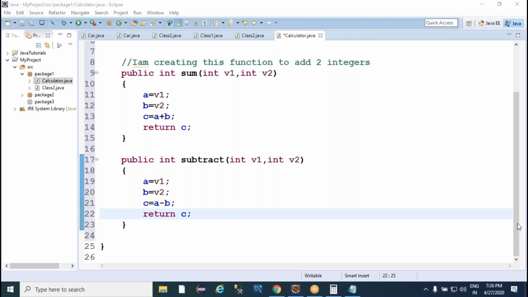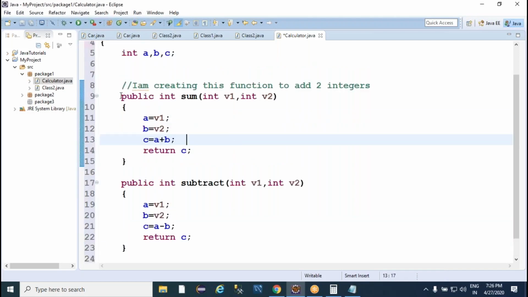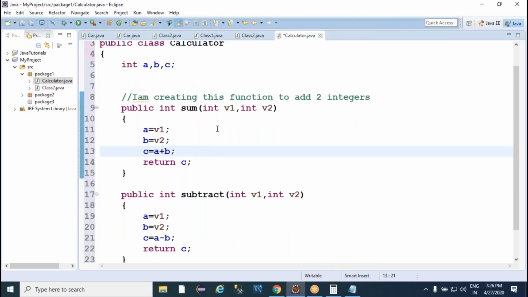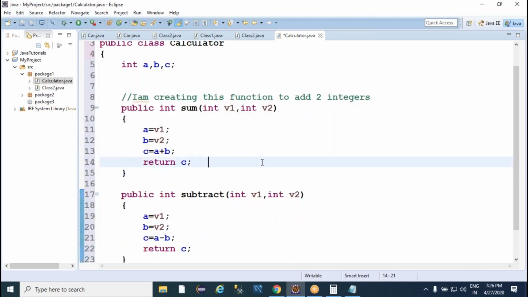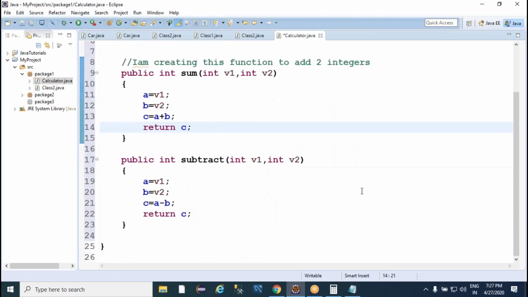Okay, good. Now, here I have created two functions. One function name is sum, the other function name is subtract. Are these static functions or non-static functions? Answer me. Non-static functions. We'll talk about when to go for static in the next lesson; we'll discuss it in detail. Okay, now here,